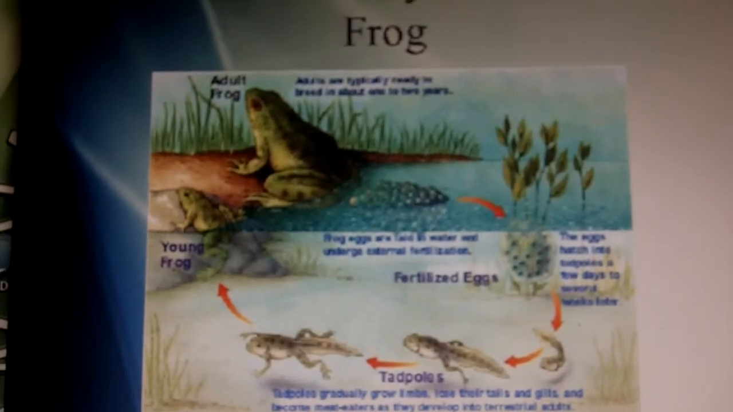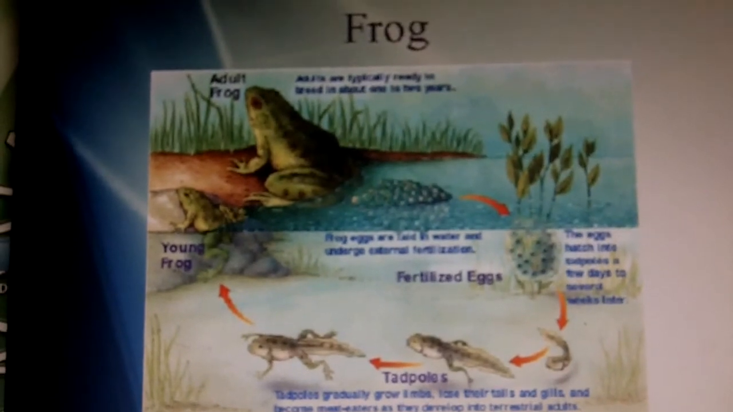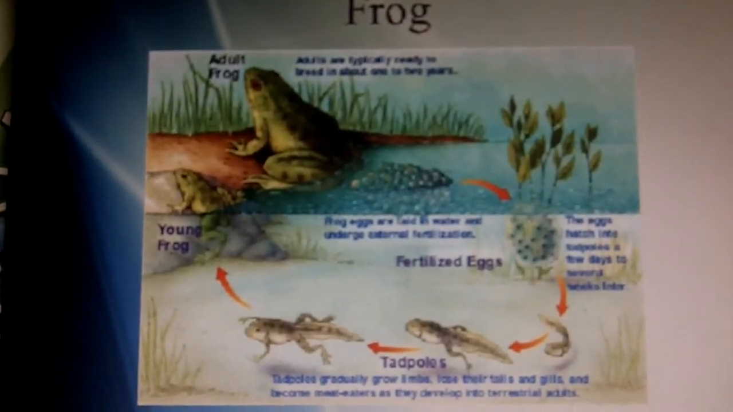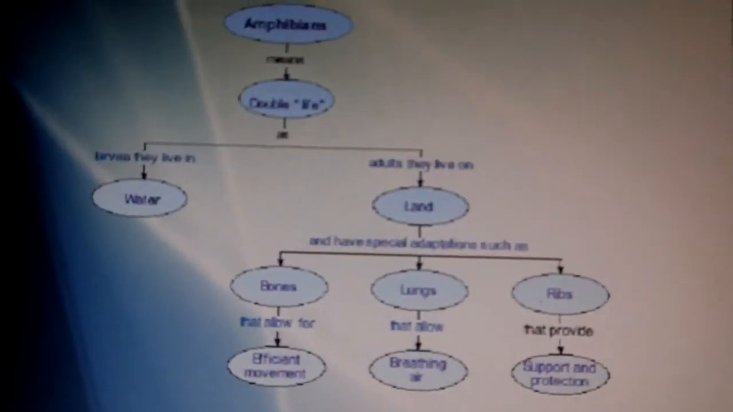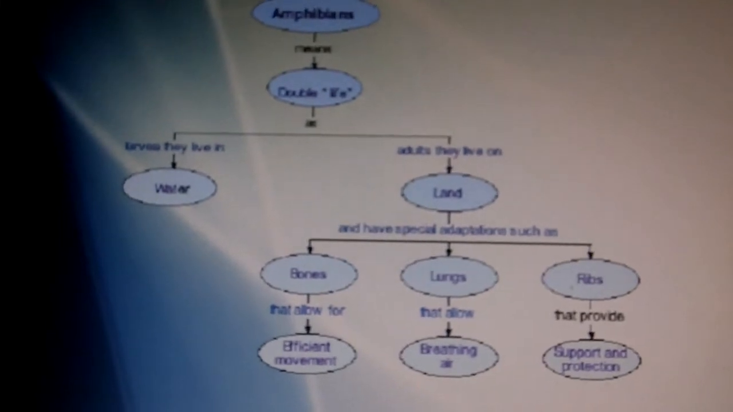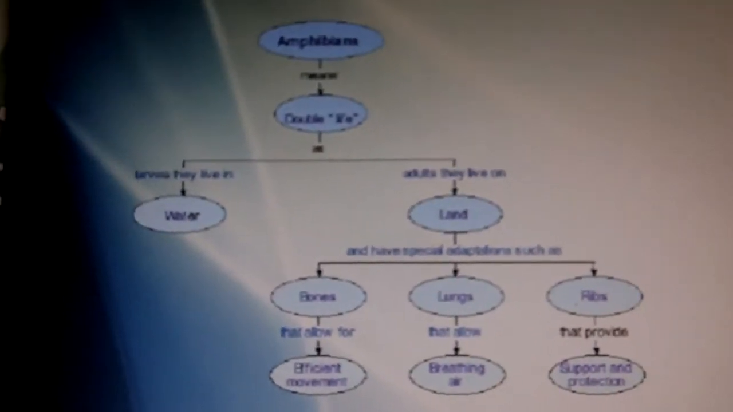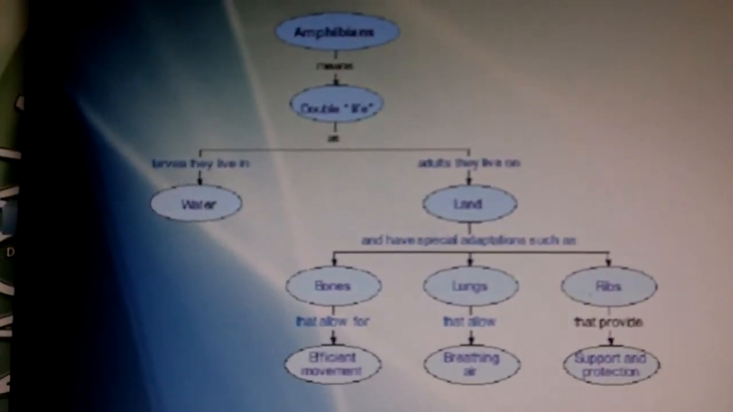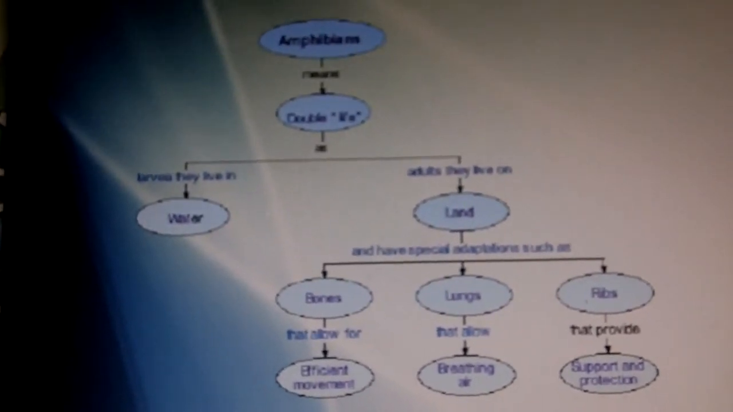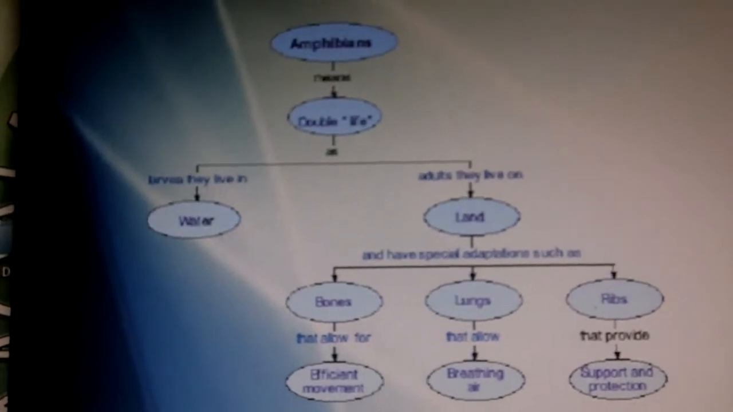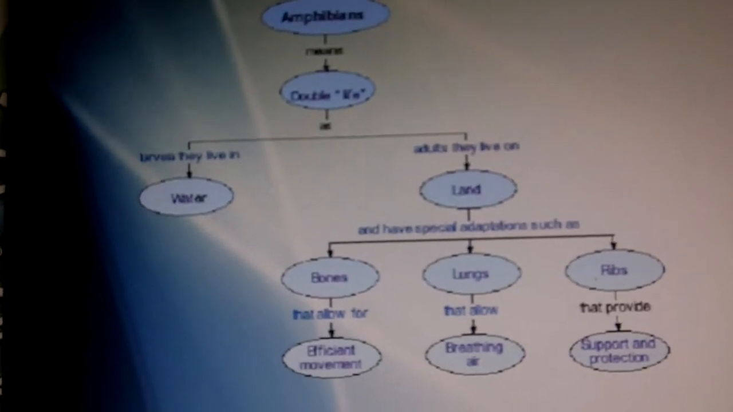And then young frog. So you can see how the arrows point from the top and middle, along the right to the bottom, and then up the side. Okay, so amphibians, the category at the top, and following the arrow down, it means double life. Okay? And then we have larvae they live in water, and then adults they live on land. So there's your double life. Okay, now adults that live on land have special adaptations such as